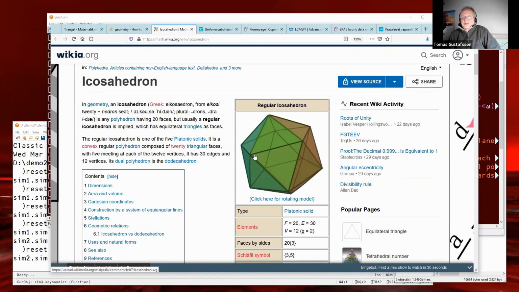A normal is the thing that goes out from each face exactly perpendicular to the face. And depending on whether you define the triangle clockwise or counterclockwise, the normal will go out or in from the face.